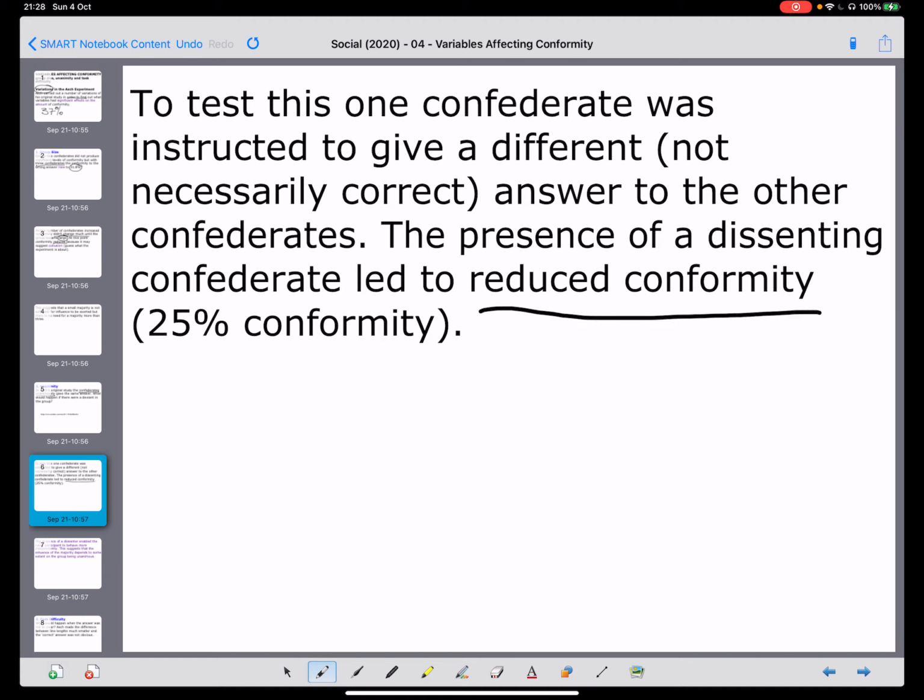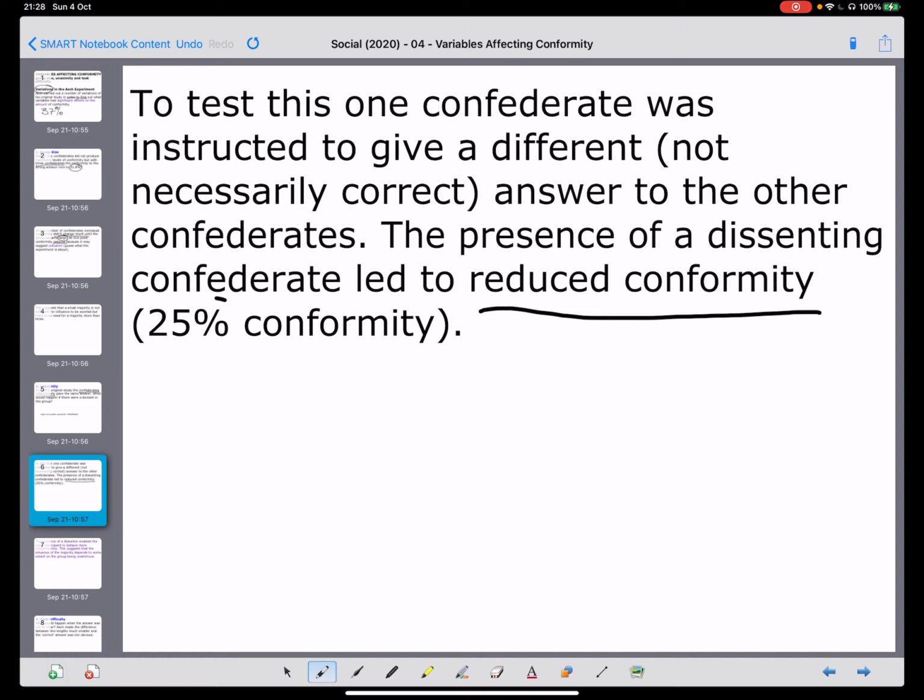And in that video, it showed you that they didn't feel that the reason they were able to challenge the group was because of the other person. But we'll look at this in terms of social support. There's definitely something to that.